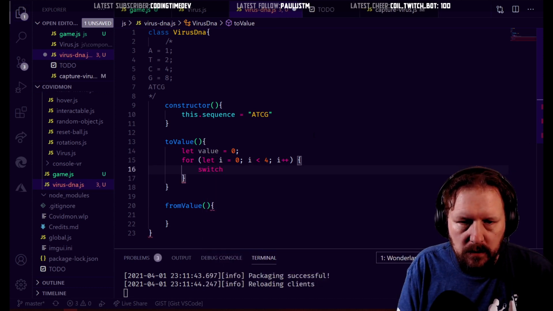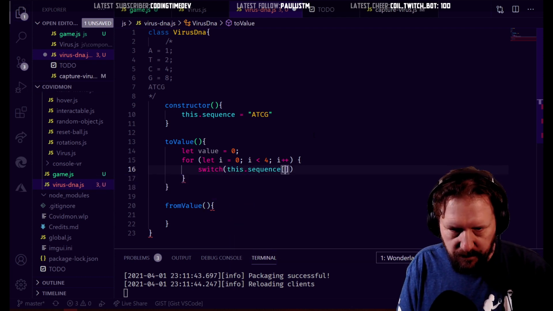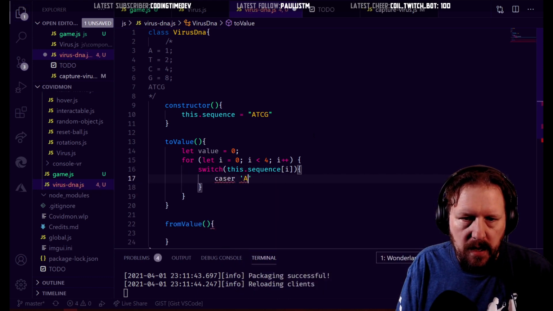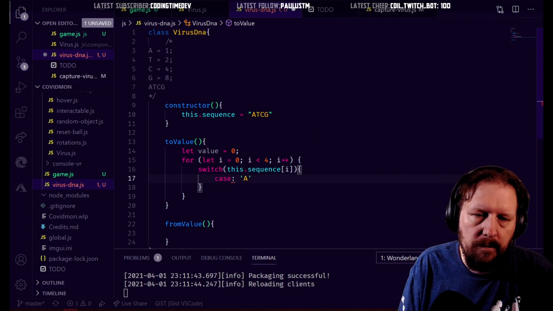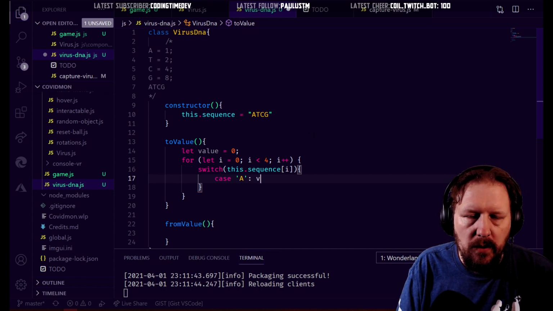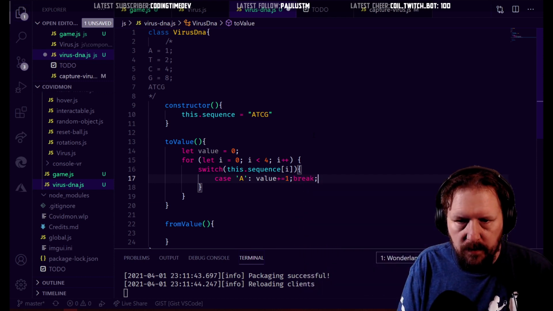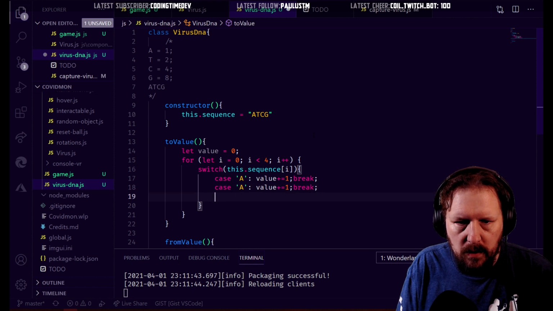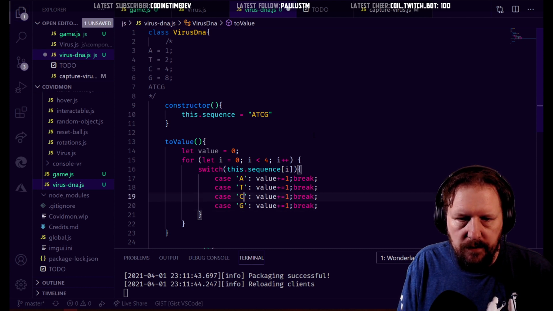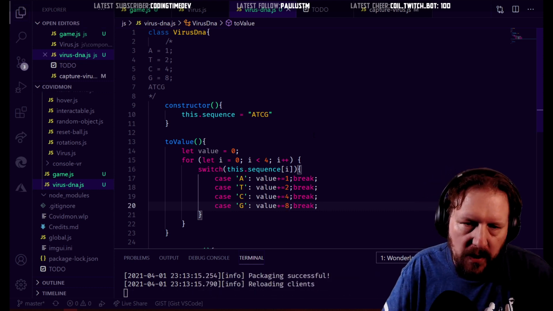We do a switch on this sequence i, case A, value plus equals 1, break. Then T, C, G. This is bad. There's probably a way more efficient way of doing this, but